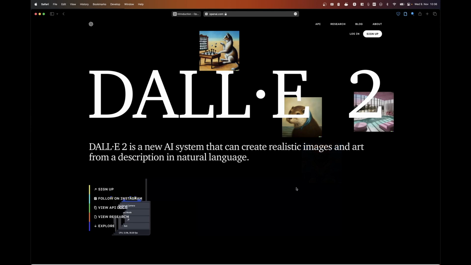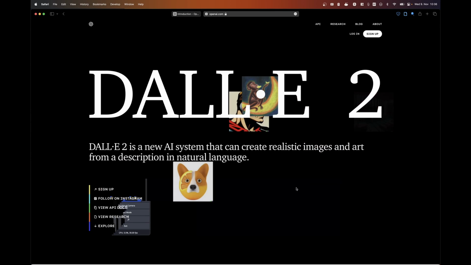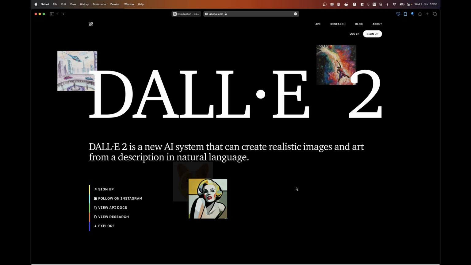Learn about the brand new DALL-E API and how you can use it to generate unique images in your SwiftUI